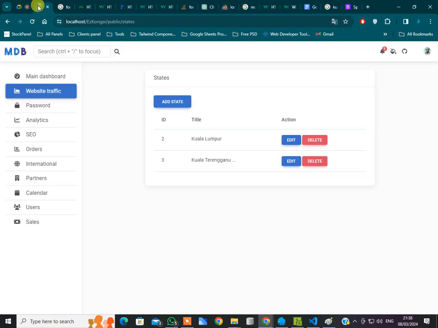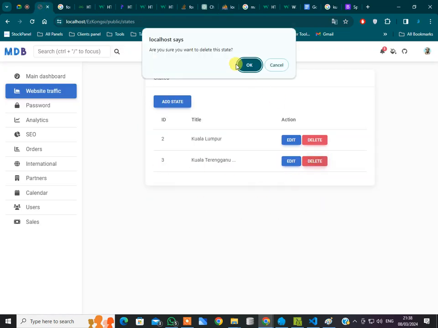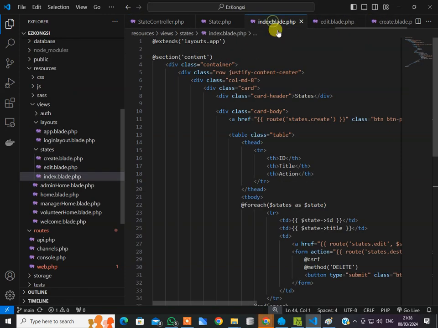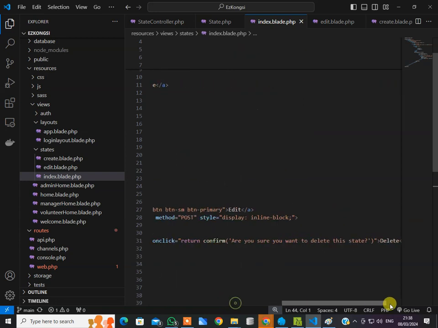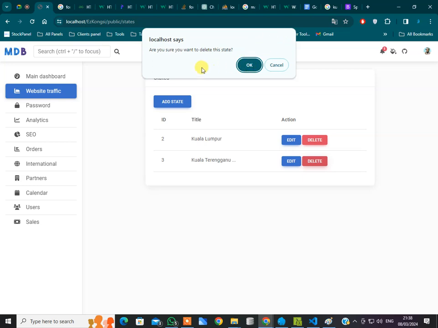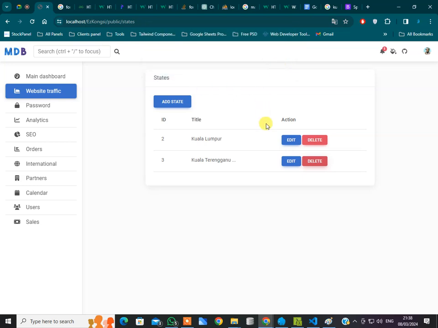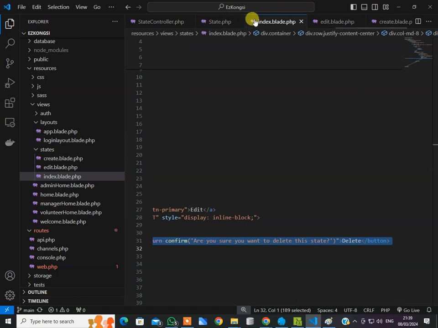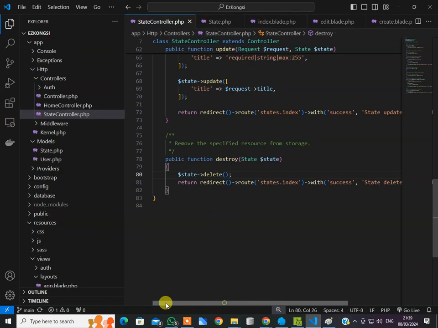Okay, so just like this, if I delete this one, it will get an alert, because this alert is written in the index page here. This button, we just see that confirm alert, and if I confirm, then it will redirect to us, and if I cancel, it will not do anything. Okay, so this is what happens. Okay, this is the last part of the controller, the destroy method. If I press yes on the confirm, then the destroy method gets called,